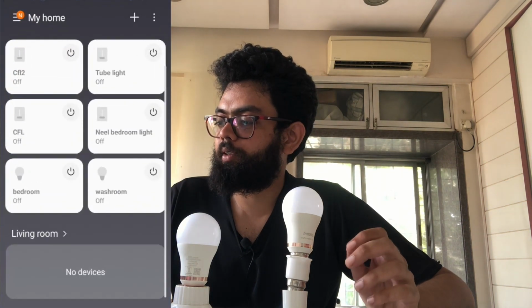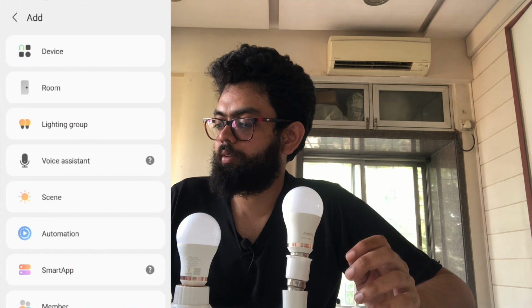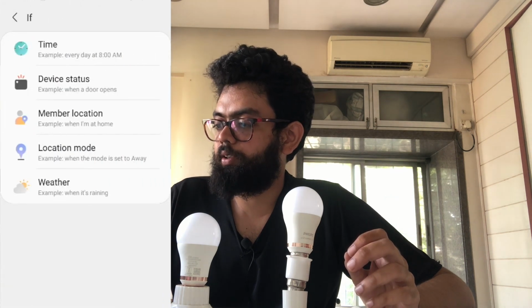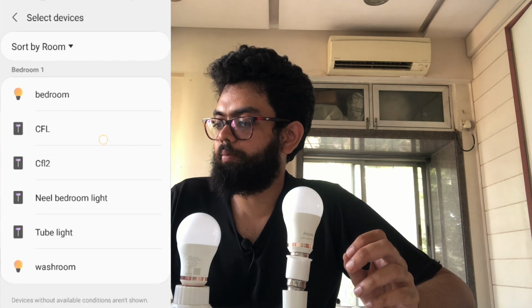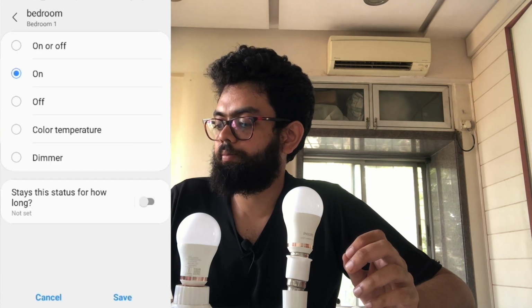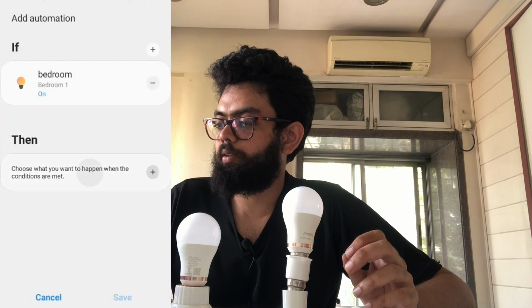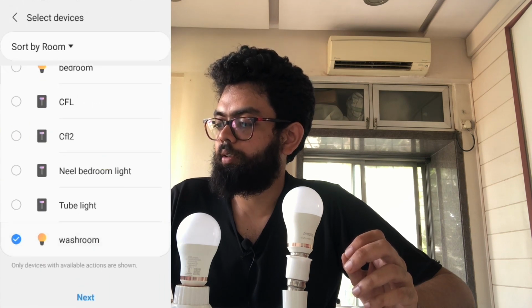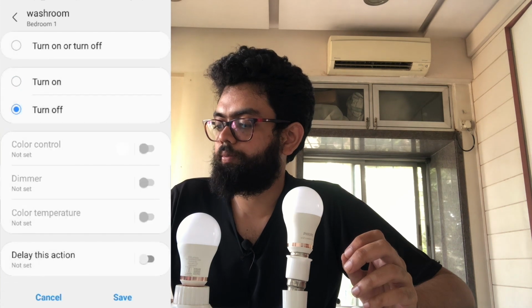So guys, let us see how to create this automation. So click on the SmartThings app, tap the plus icon, automations. If device status bedroom light is on, then control device, I want the washroom light to switch off. Save.